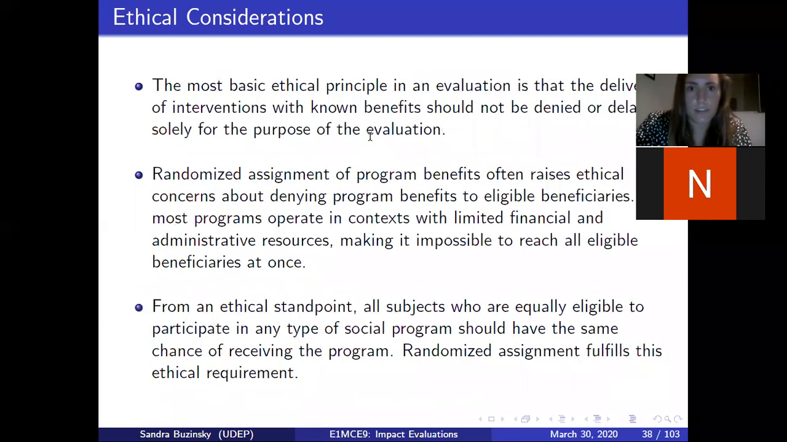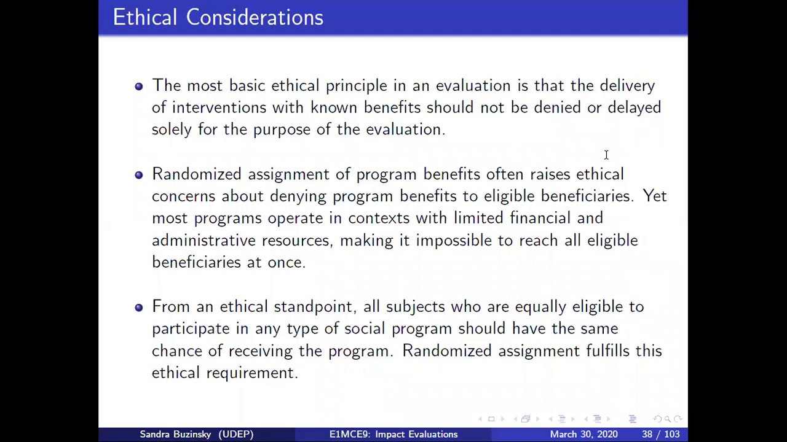Okay. So the most basic ethical principle in an evaluation is that basically the intervention with known benefits should not be denied or delayed just for the purpose of the evaluation. So basically, the random assignment of program benefits can raise questions about denying programs to people that might otherwise be eligible. However, this might be necessary because, as we already talked about,